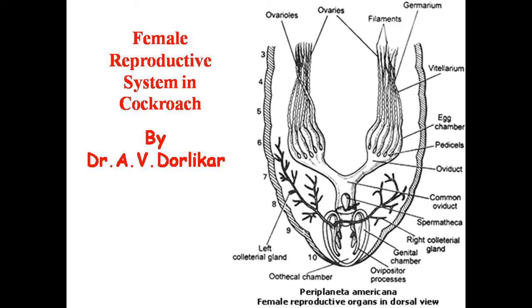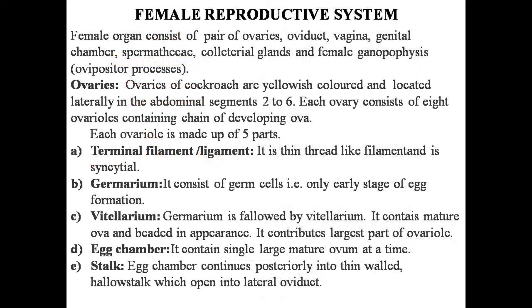Hi friends, today we'll discuss the female reproductive system in cockroach. The female reproductive system of cockroach comprises a pair of ovaries, oviduct, vagina, genital chamber, spermathecae, collateral gland, and female